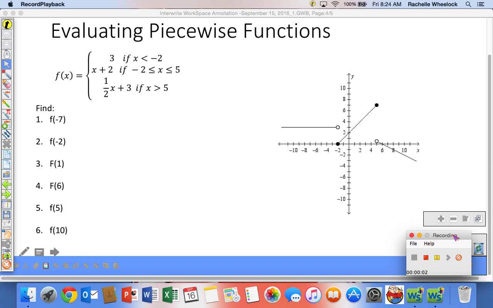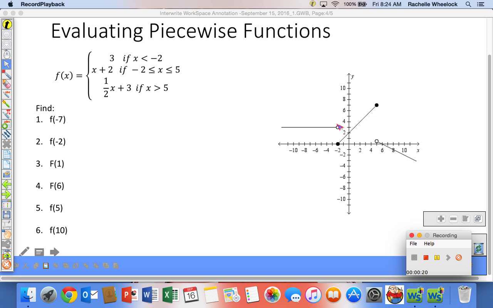We're looking at piecewise functions again. This video is going to deal with evaluating a piecewise function. So we're looking at the piecewise function that has f of x equal to 3 if the x values are less than -2. So if you look at the graph, that's this portion here, less than but not equal to,